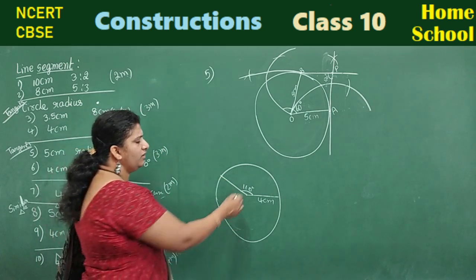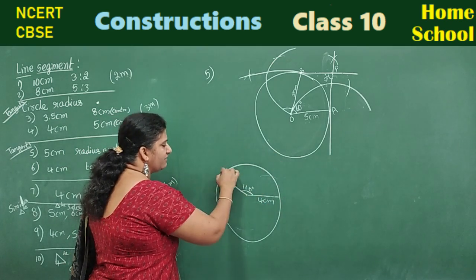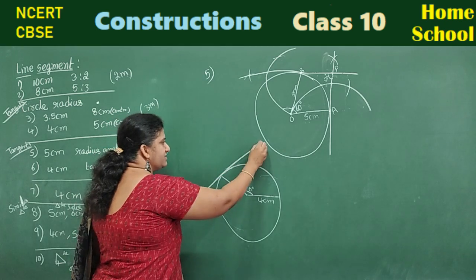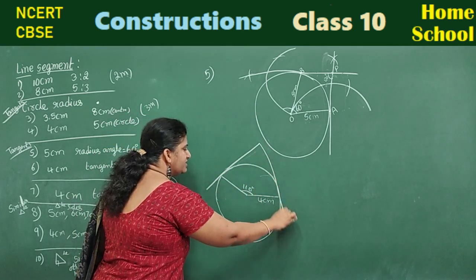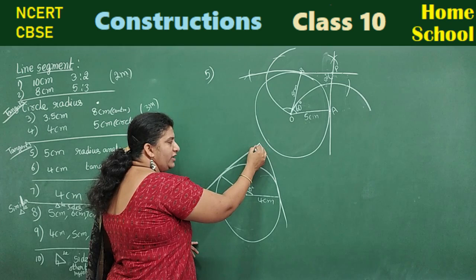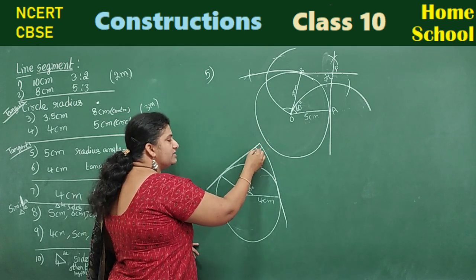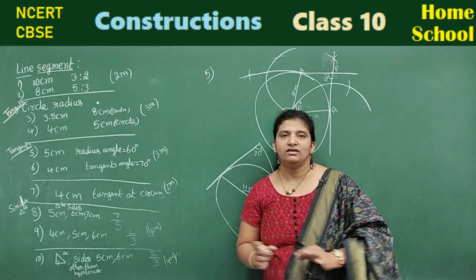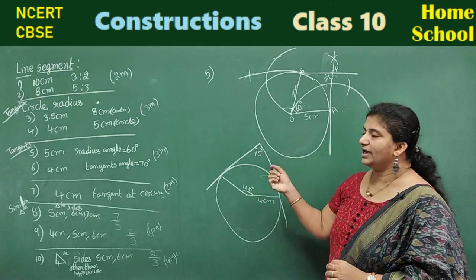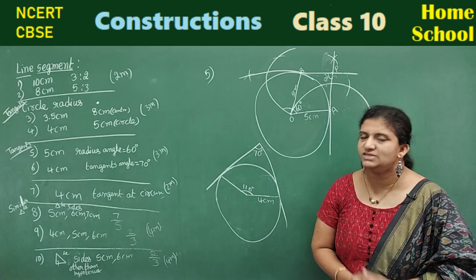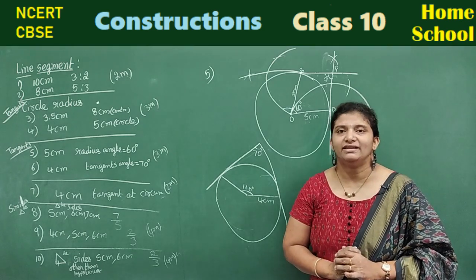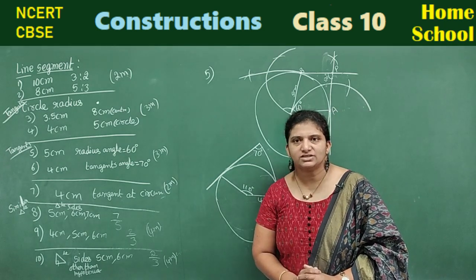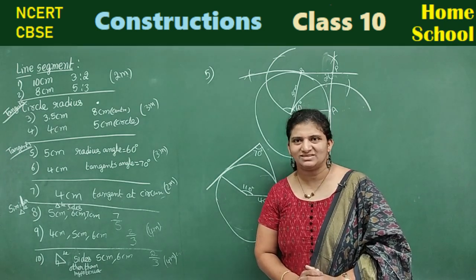Then in the same manner, with this radius draw one tangent and with this radius another tangent, and you are going to get two tangents. And these tangents will intersect at one point. If you check with a protractor, this angle will be 70 degrees. So in the same manner, write the letters. Therefore, PA and PB are the required tangents for the circle. You need to end the statement compulsorily. Okay, you need to do this construction with your construction tools.